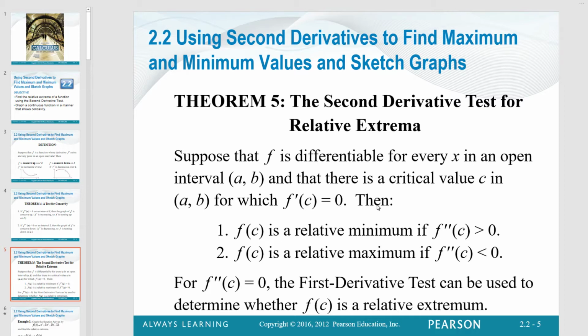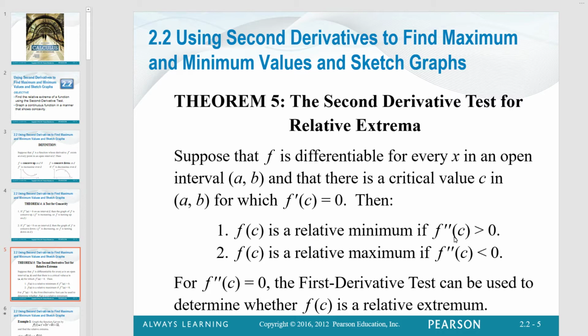Then, okay, so these assumptions and conditions must be met. You sometimes may need to understand the domain of a function before you can even apply this test. So if there exists some critical value such that f prime of c is 0, then we can say that either f of c